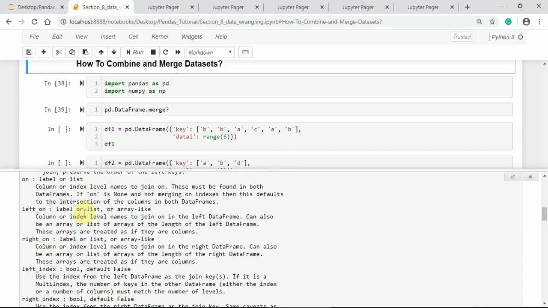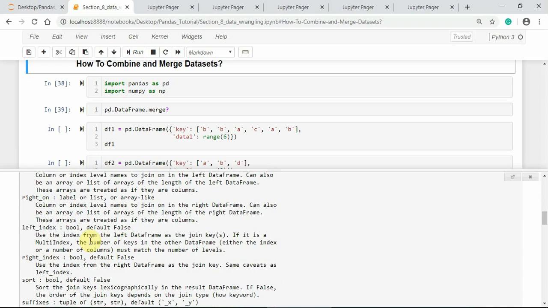Left on, label or list, are alike. Column or index level names to join on in the left data frame. Right on: column or index level names to join on in the right data frame.